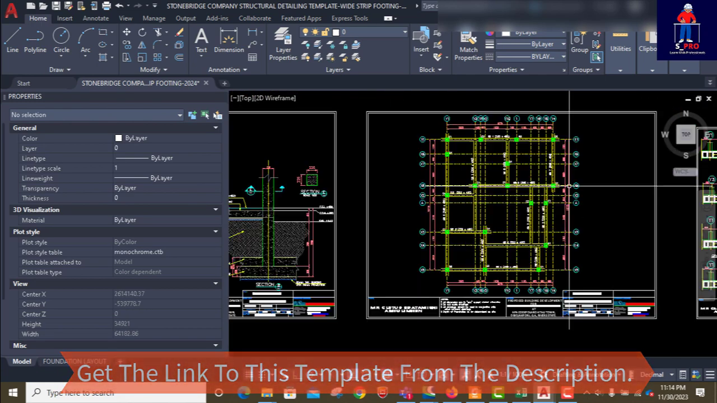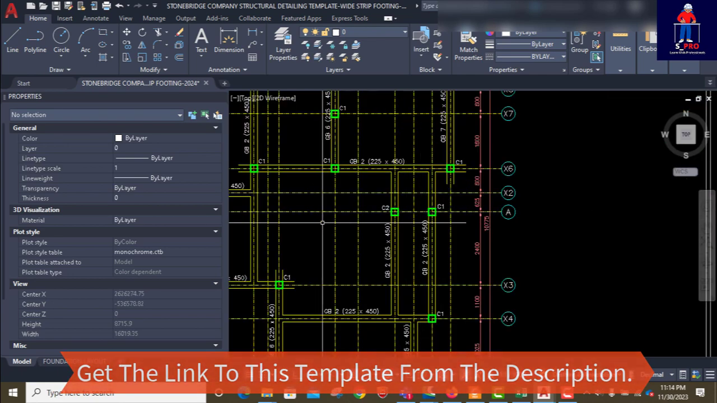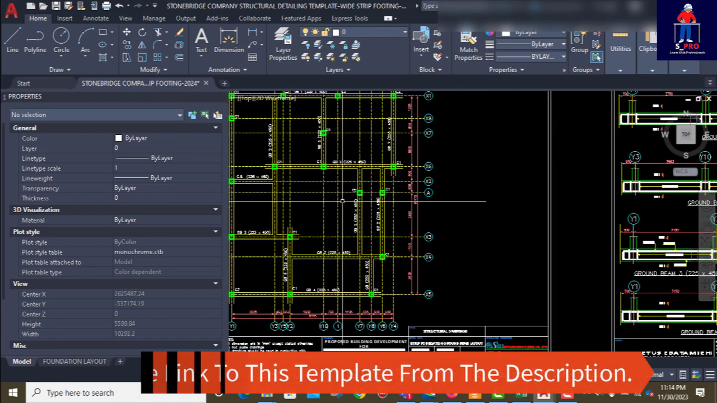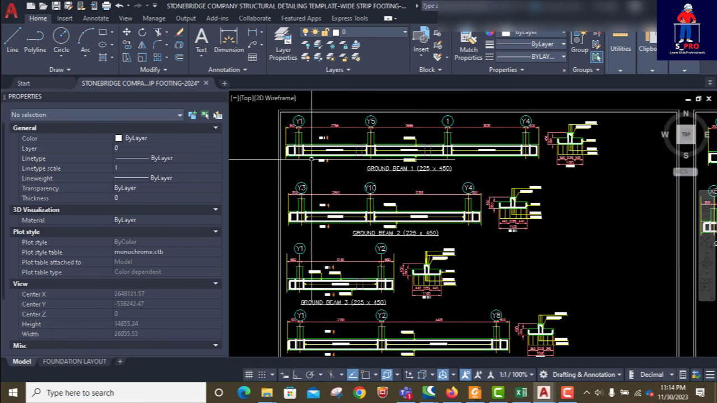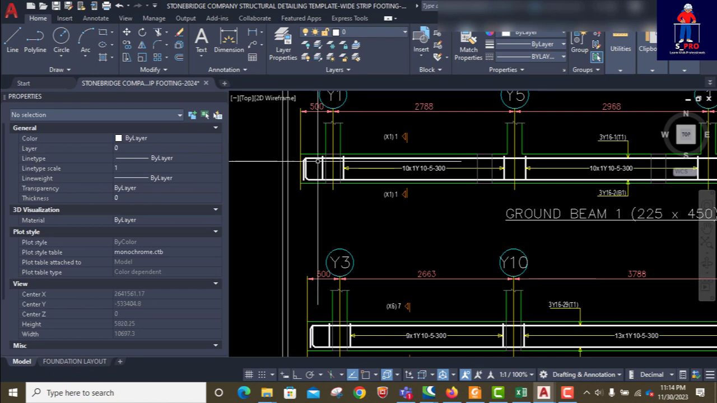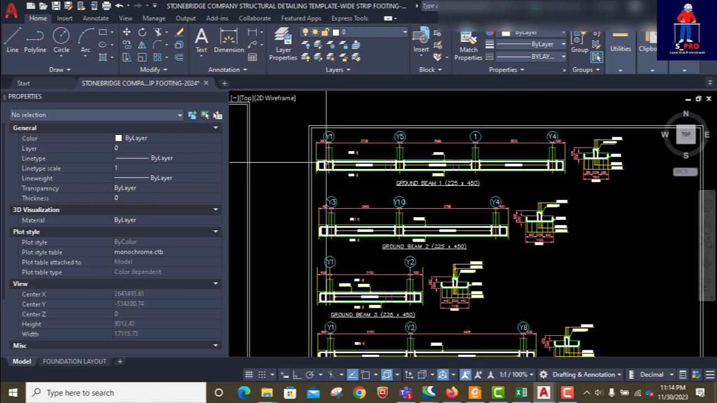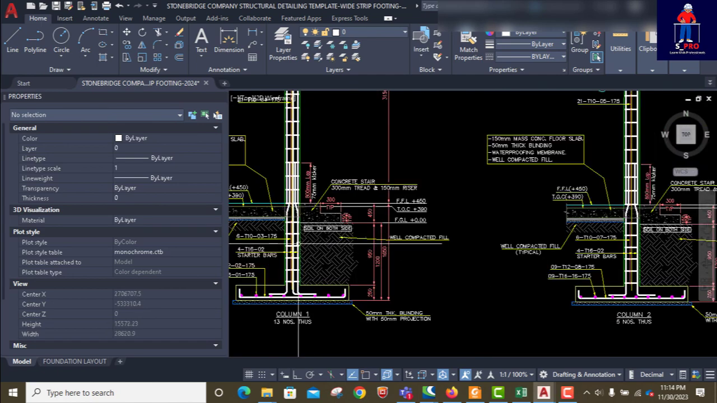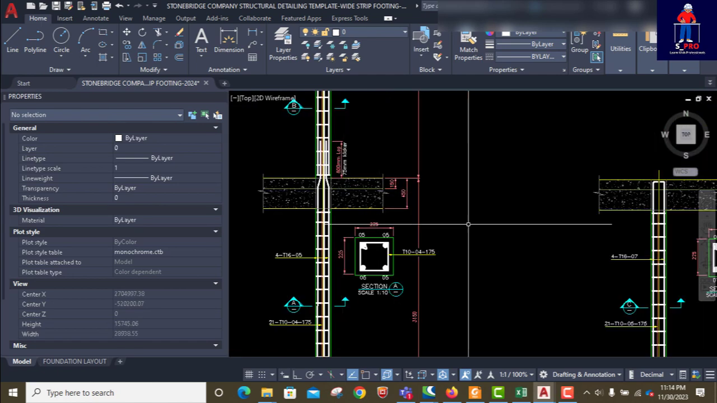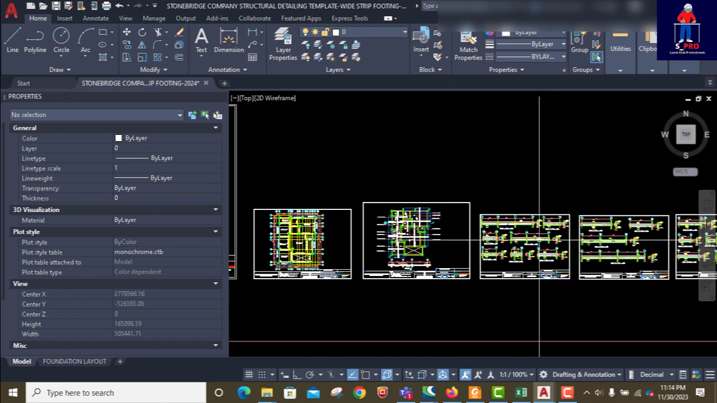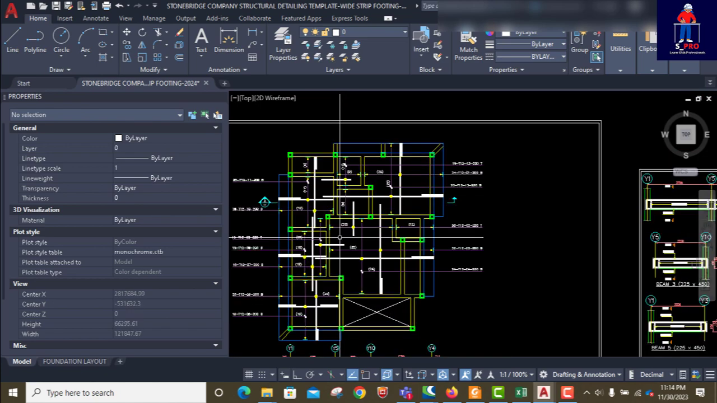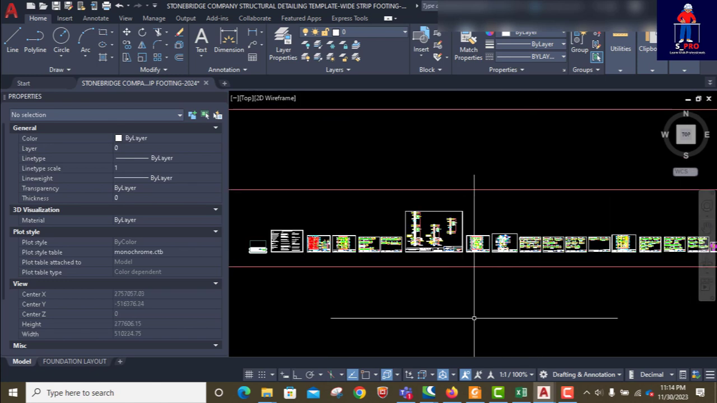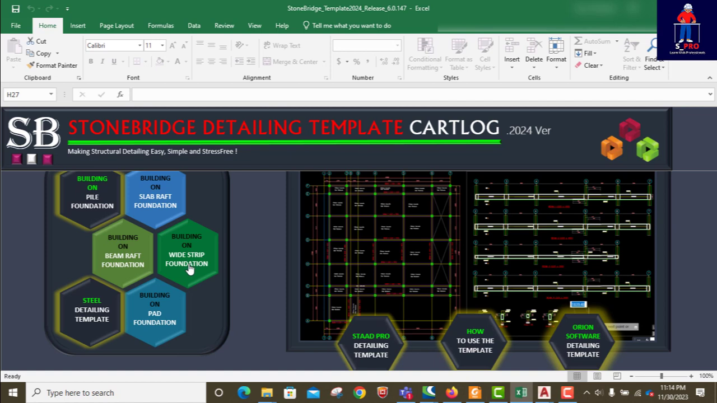This is a typical strip foundation drawing. So these are the beams. Okay, that's the beam, the ground beam. Okay. These are the drawings. Everything is here. Everything you can ever think of is here. As far as this strip foundation is concerned, that is what it is. So the next one is